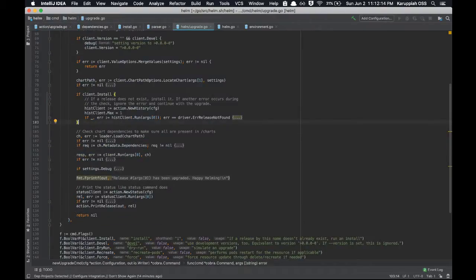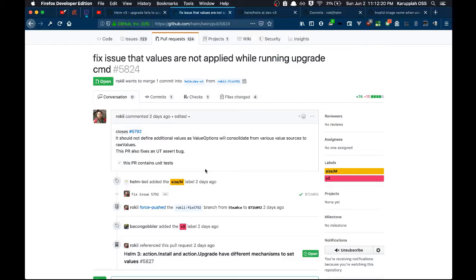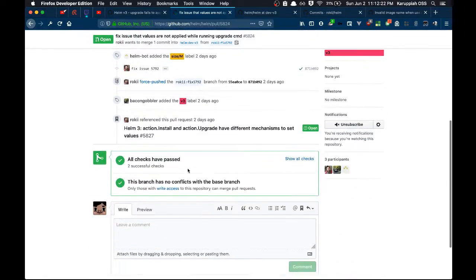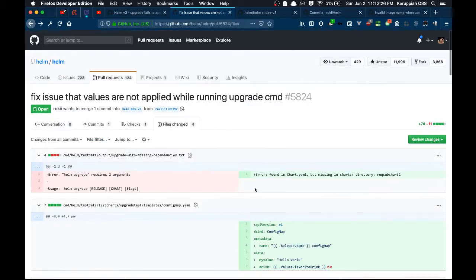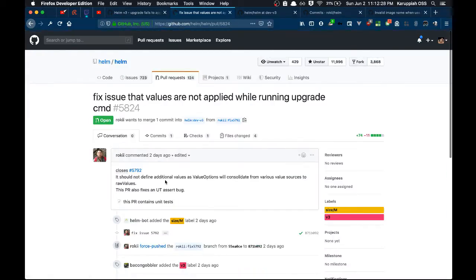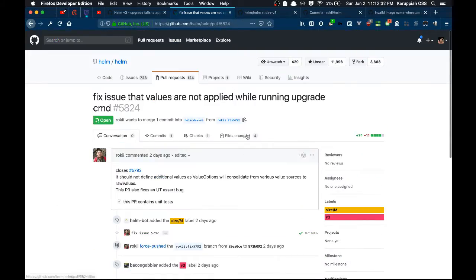Before a run even happens, the value options merge values will actually draw values. But I'm gonna have to request changes. Let's just say